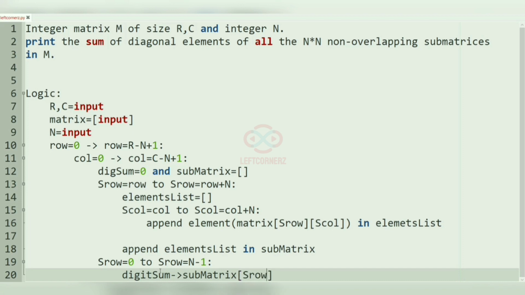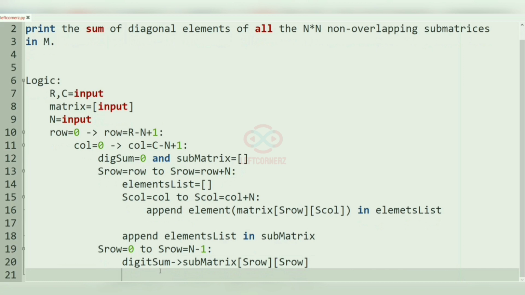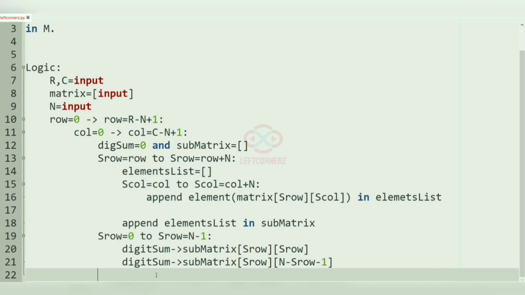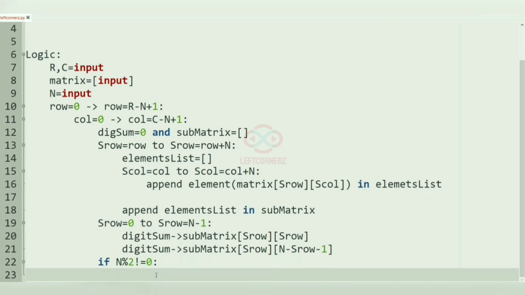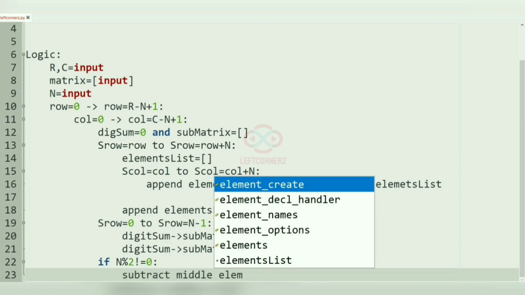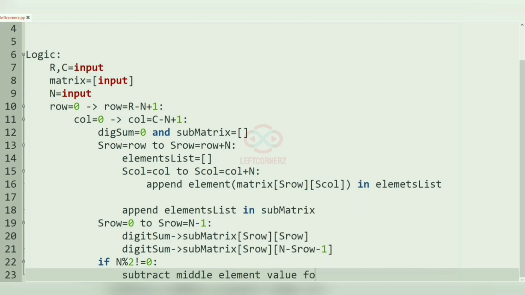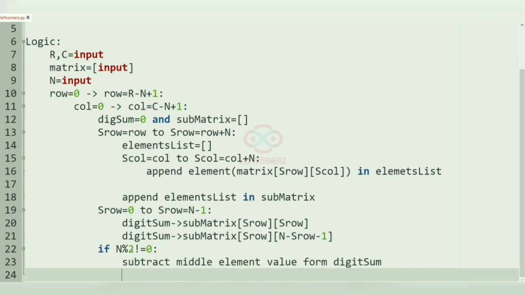so diagonal sum is equal to the submatrix of S row, S row, and diagonal sum plus the submatrix of S row and n minus S row minus 1, and then we are going to check whether n mod 2 is not equal to 0, then we have to subtract the middle element value, that is middle element value from the diagonal sum,